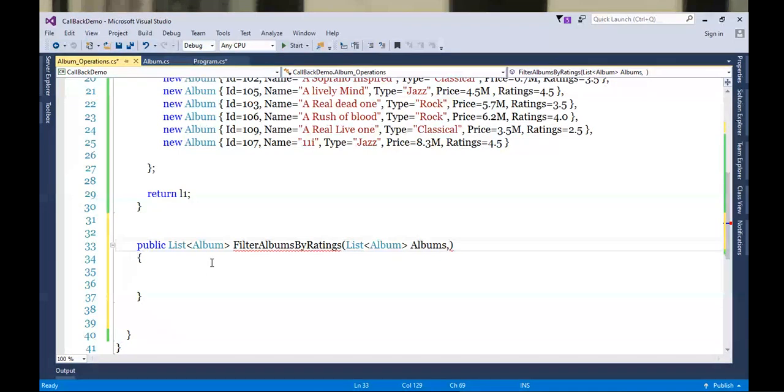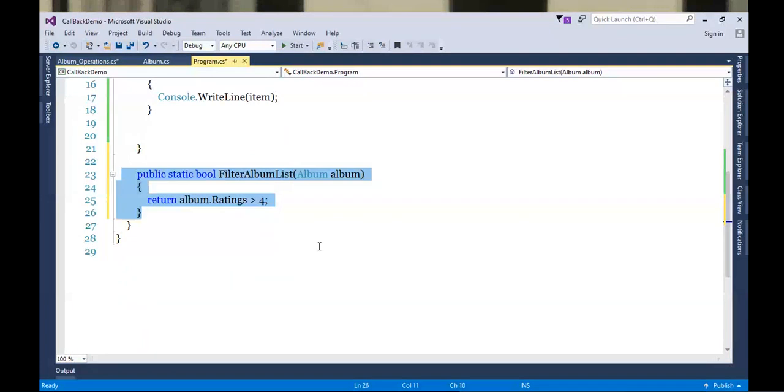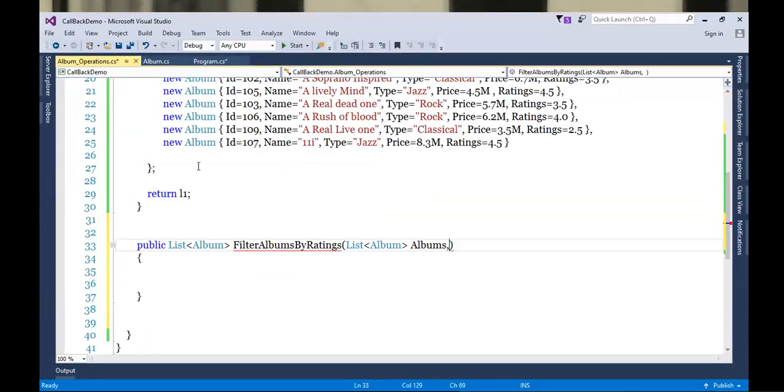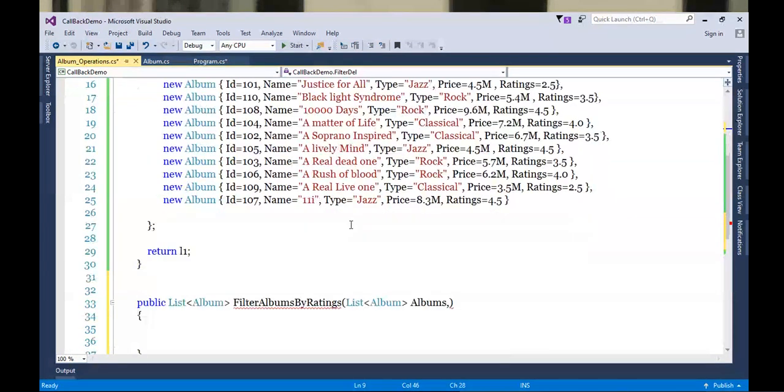And whenever we get an album, we need to check the criteria. And to check the criteria, we require this delegate. So we'll be passing a delegate reference. Now see, you can pass a delegate as an argument, and this is totally allowed. Now to which method will this delegate be pointing?